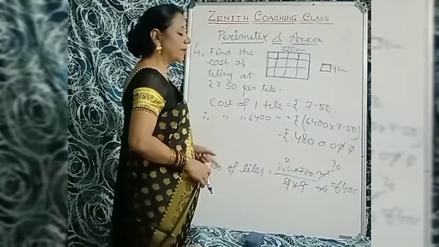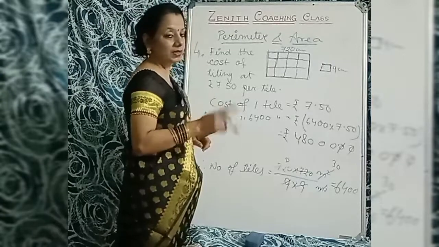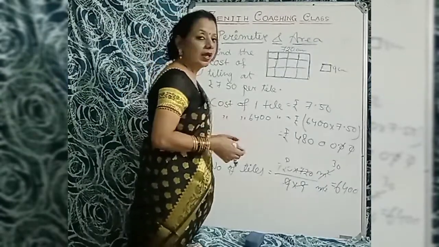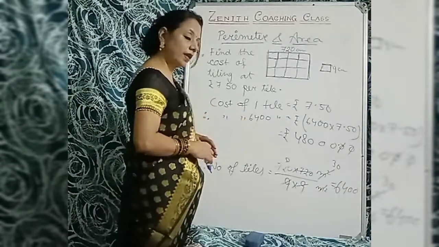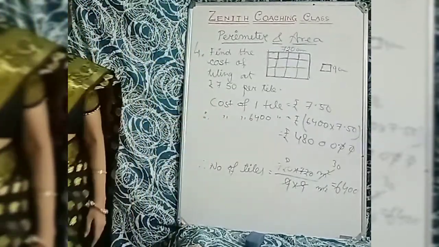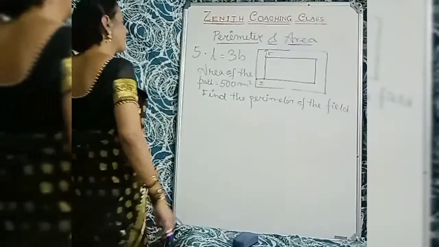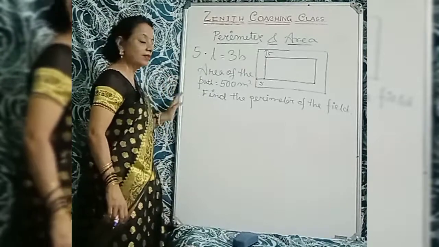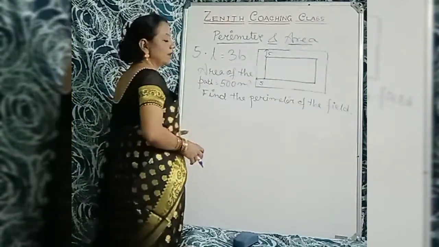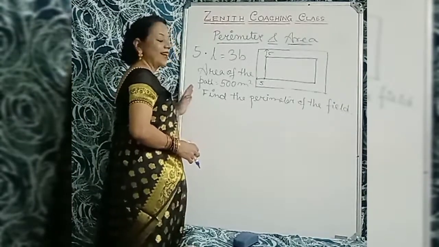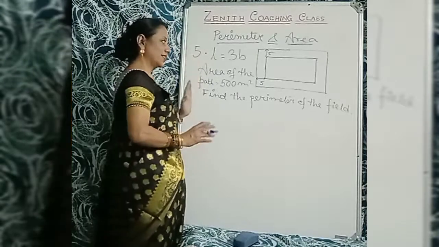So please observe the sum. We'll go to the next sum. Fifth sum will be the concluding sum for this class. Again, in the next part, I will teach you the remaining sums. Okay, so please observe the sum. So students, this is the fifth sum and concluding sum for this class. You are thinking that this is such a lengthy class. So please, I am giving you relief after the fifth sum. So please concentrate on this sum.